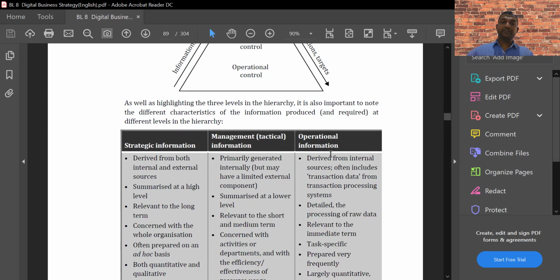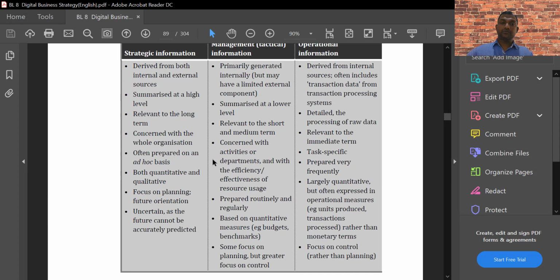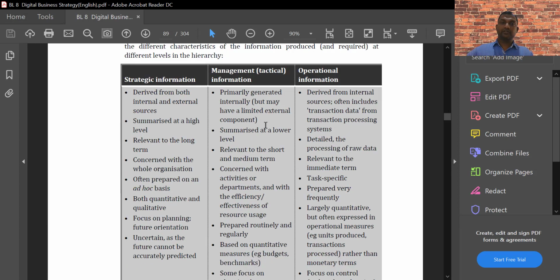So information produced and required at each level is given in this table. So you can see strategic information, management information, and operational information, right? So strategic information can be either external or internal, both, right? External information, market related information, stock performance, and all the outside information is also considered, because this is the strategic level, right? And these decisions are long term, summarized at a high level. So like that, these are the